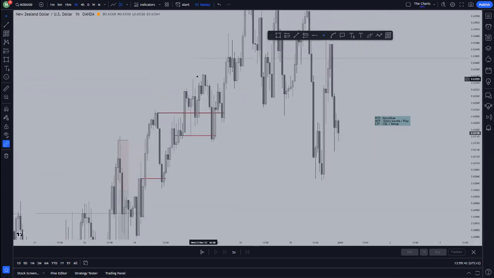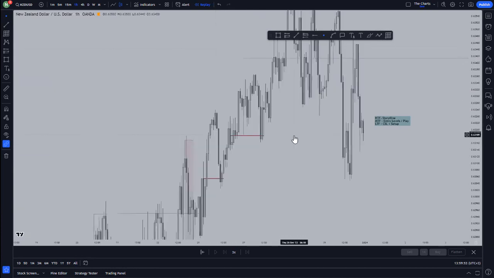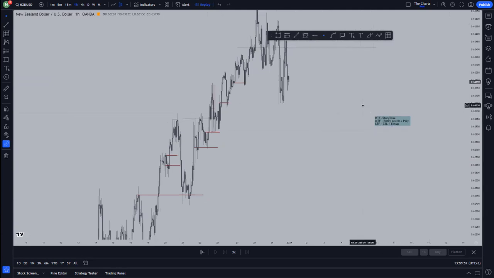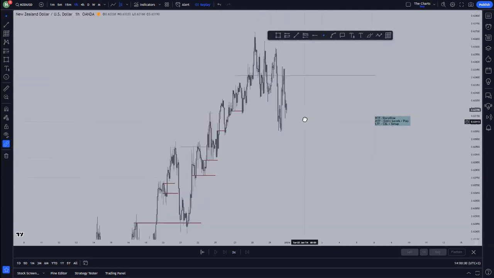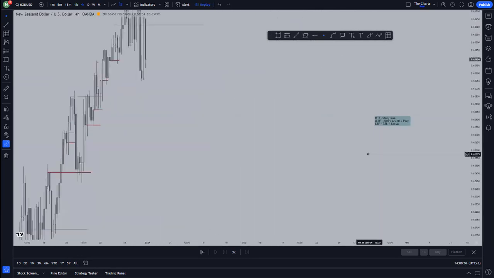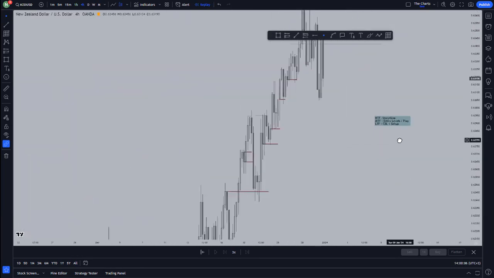Then again, here you see what? You see the sweep of this high, you see the inducement. So we're not going to be considering this one here. Not going to be considering this one right here. You can even take your buys from there to the upside. So as you can see, algo trading is helping us to filter out the plays that are not going to be high probability. So I guess we're done with this one.